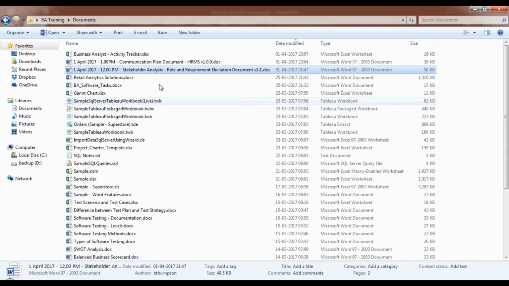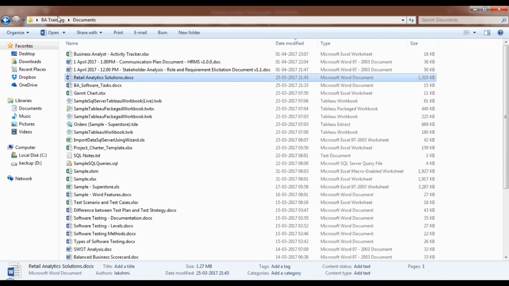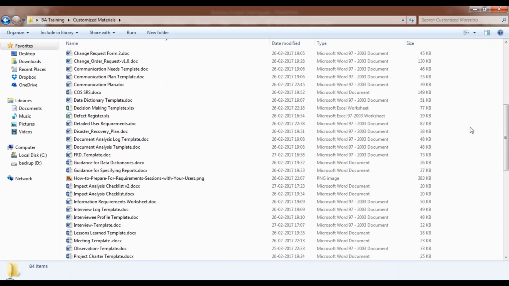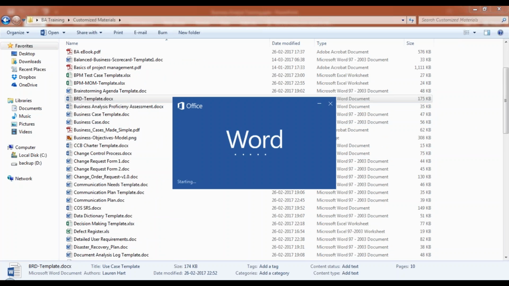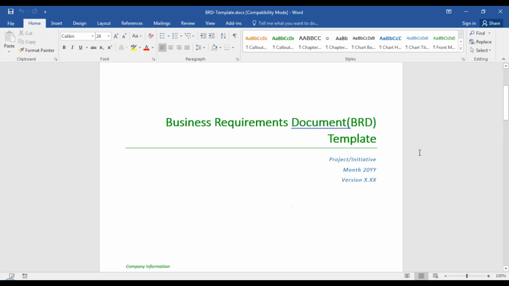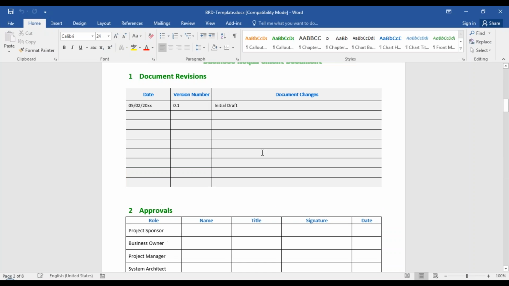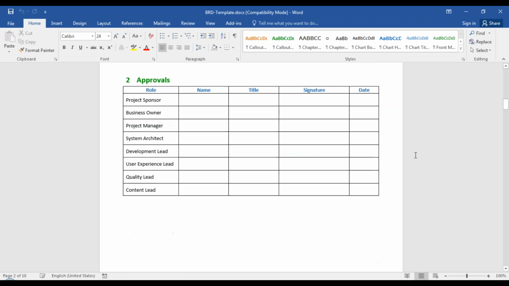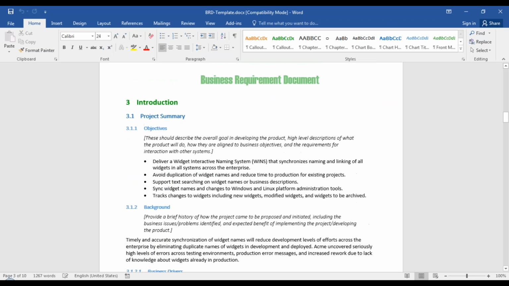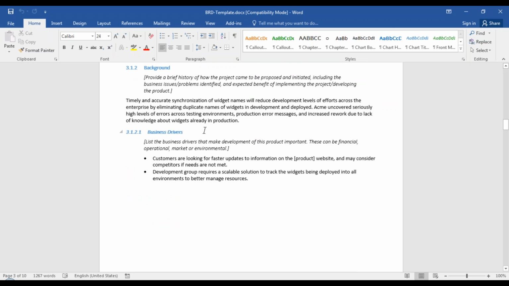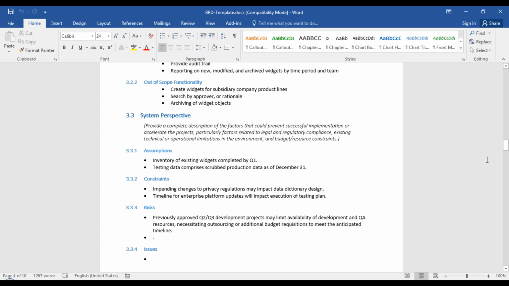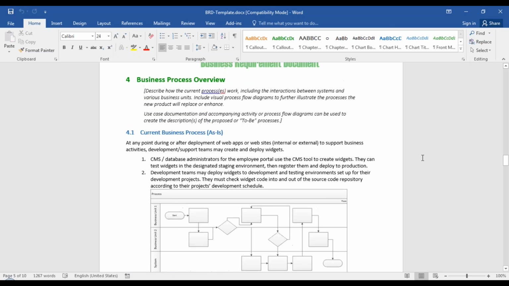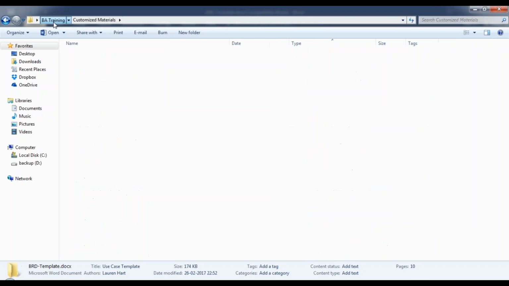The reason I'm showing you these samples is that whatever you learn as a part of this program, you will learn various types of templates. A complete business requirement template will be given to you. When you have the BRD template in place, the only task that you have to do is fill in the details here. I will also show you an example of how you can fill in the details. So you have the basic structure of the document and a sample document in place. You have to understand the basic structure of the document and the sample document or the project that I will be teaching you or helping you with.